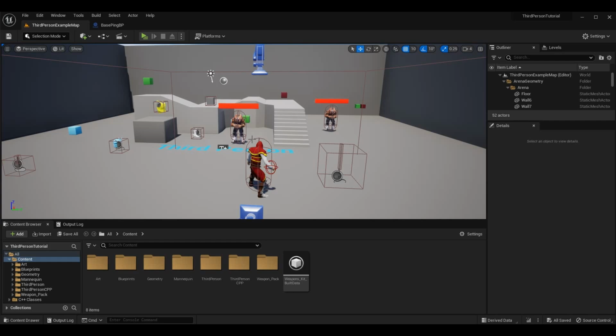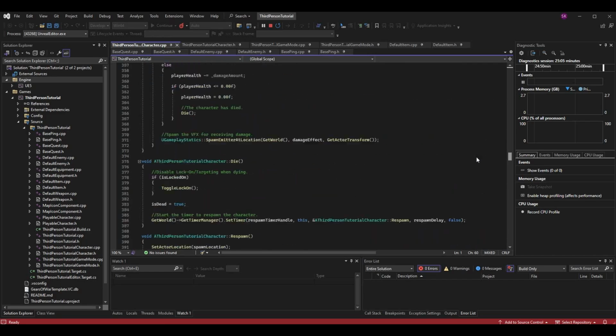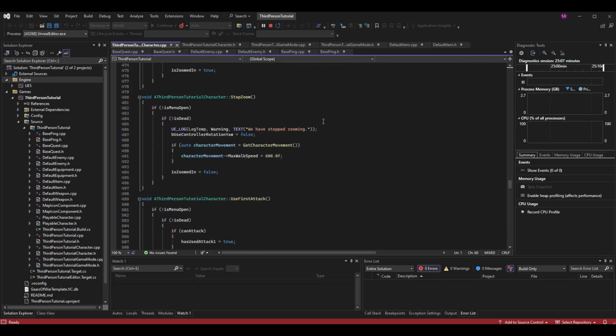So this is a code and blueprint tutorial series. We're going to be doing almost everything in the code today, and then just updating our blueprint actor, our base ping BP, to have a little bit more flexibility and freedom. So if we go to the code, and specifically we want to go to our third person tutorial character.cpp, this is our base character.cpp. And the reason we want to come in here is because this is where we started creating the ping. We have this function called toggle ping that we created in the previous episode of the pings and waypoints. And if we go down to the toggle ping function,